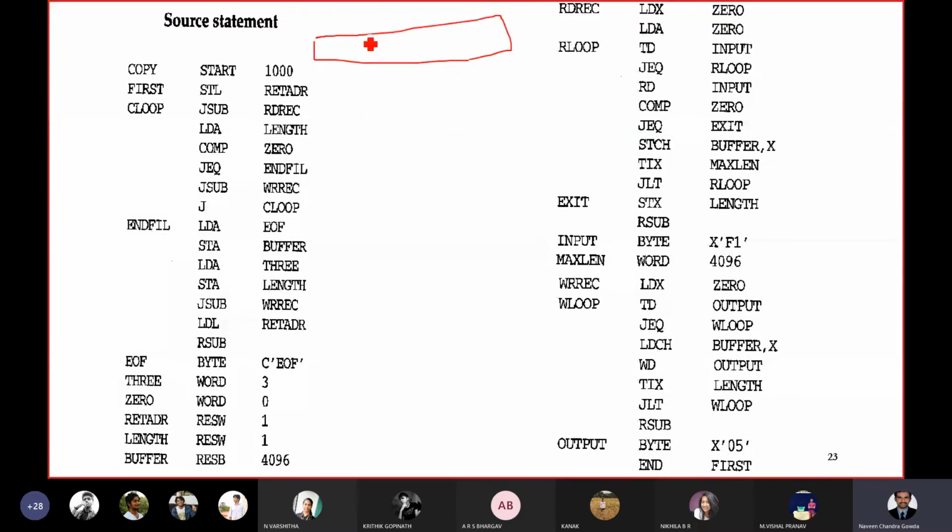So that is 8 bits, not bytes. It is purely the opcode, which is not defined by you; it is already available. Then you have X. What is this? It is the index register, followed by the address. The address is the address of the operand, and it is of 15 bits. I told you this is of 15 bits.